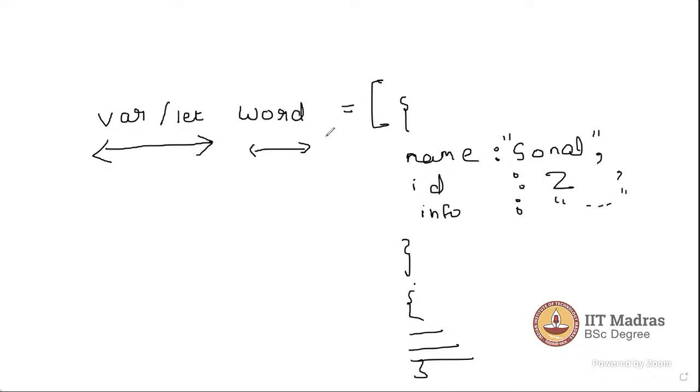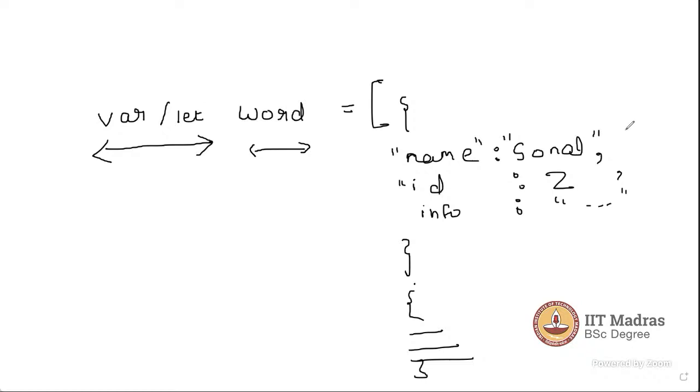Second, in JSON format, we can see a quotation mark around every key. But inside a JavaScript object, we only give quotes to the things which are in string format. In JSON, the quotes are always everywhere, right? So these are the differences.